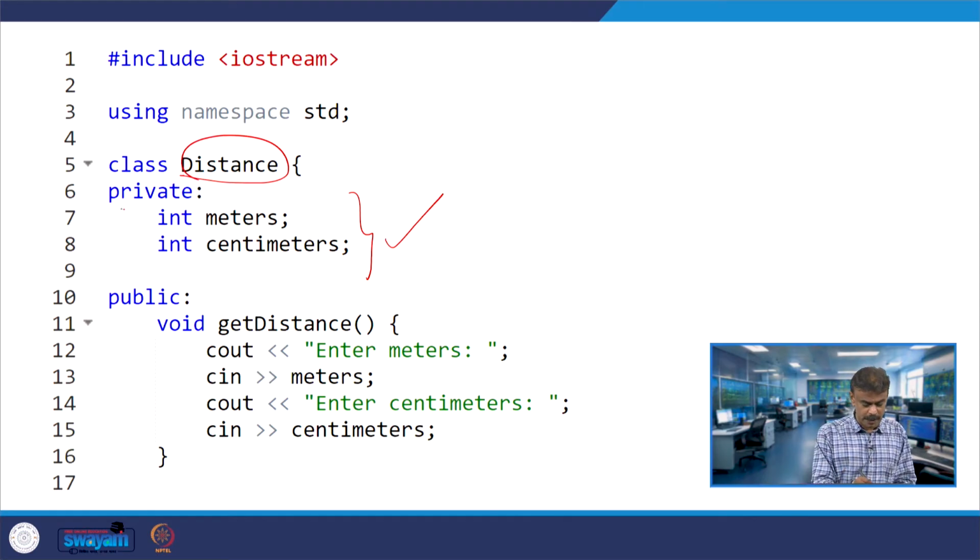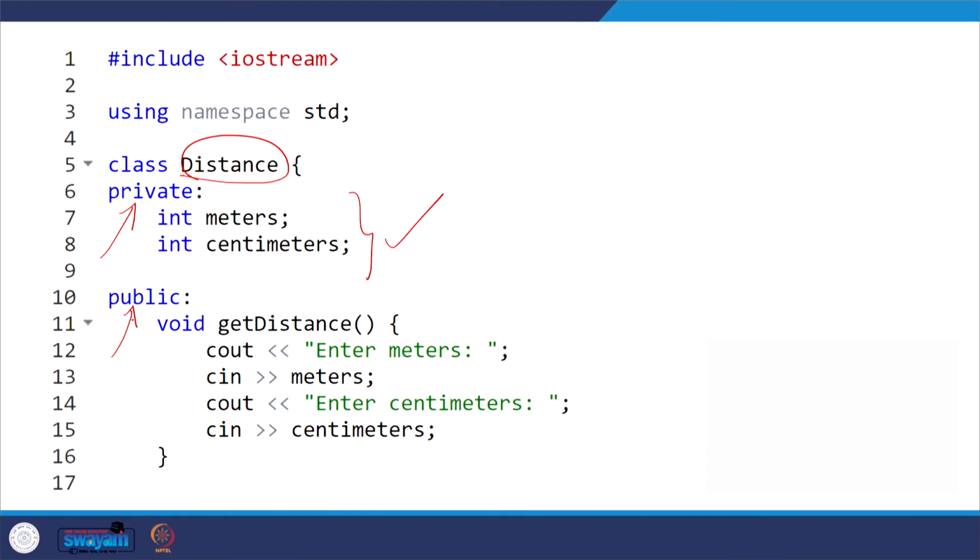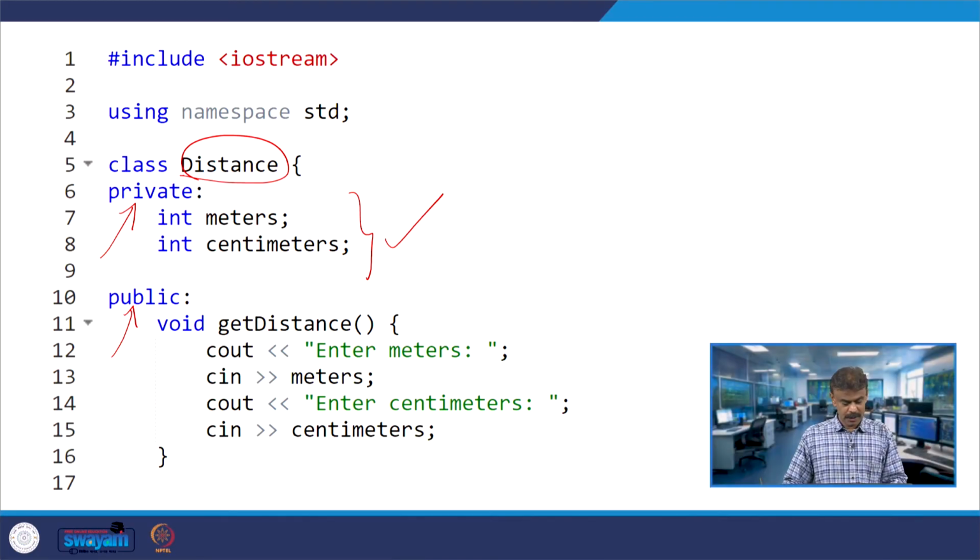Right now no need to worry about the access modifiers private and public. We will explain that later. This is the introductory class on classes and objects, so no need to worry right now. We have two member data, meters and centimeters, and then a member function called get distance.